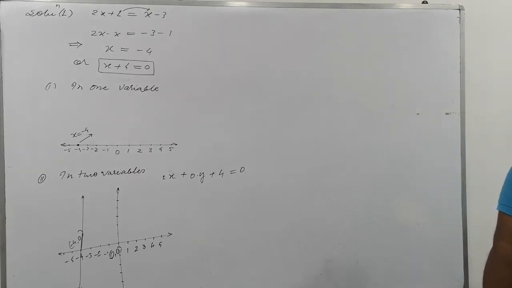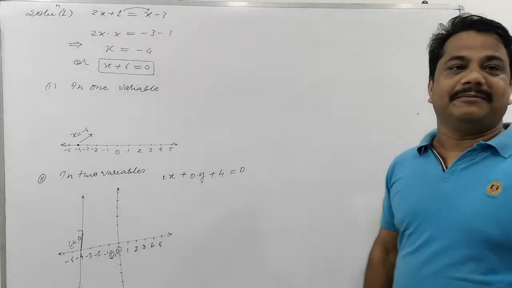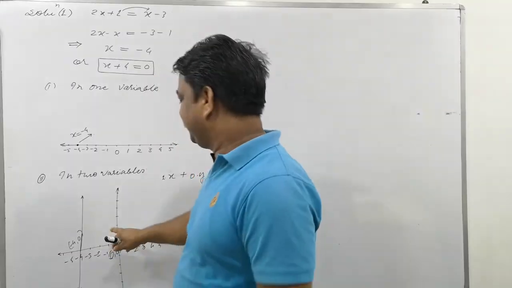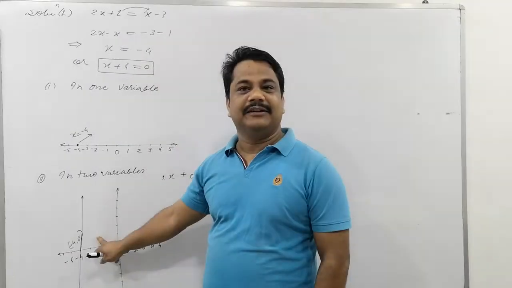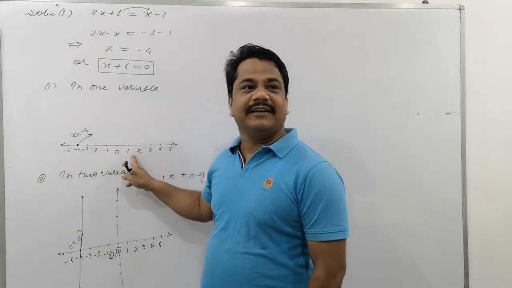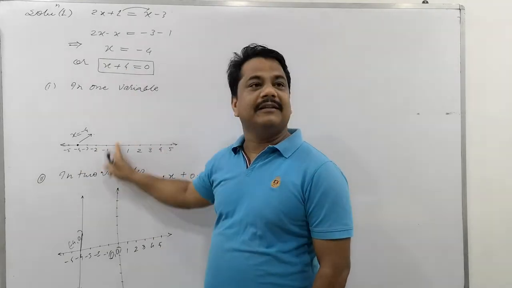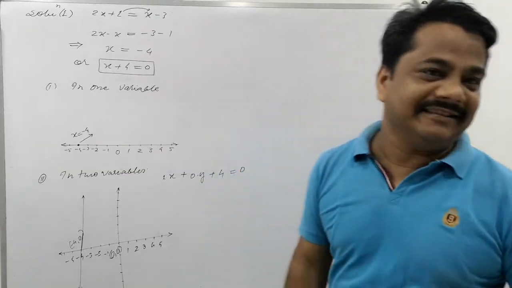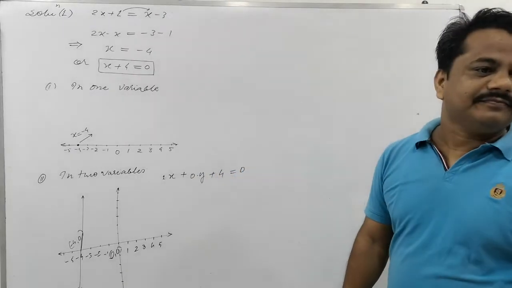Right now you may see on the screen here 4.4, like question number 1. Give the geometrical representation of y is equal to 3. I have represented x is equal to minus 4. Can you represent y is equal to 3? The horizontal line you drew here, and what will you draw for one variable? Vertical line only, because it's given y is equal to 3, not x is equal to 3. So can you do this or not?